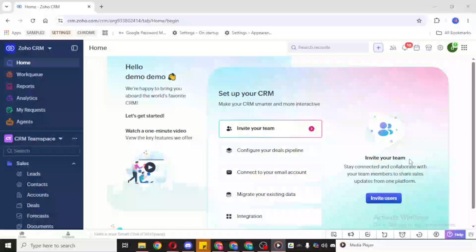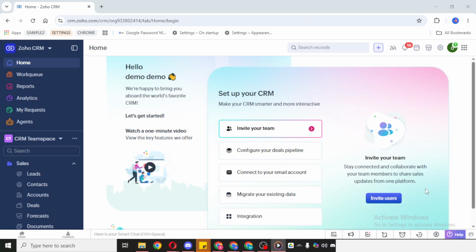In today's video, I'm going to teach you how to send mass email in Zoho. We'll go through the process in a simple, practical way, so you can quickly send the same message to multiple contacts from inside Zoho CRM. This is especially useful when you want to share an announcement, follow up with a list of leads, or send a campaign-style message without writing each email one by one.